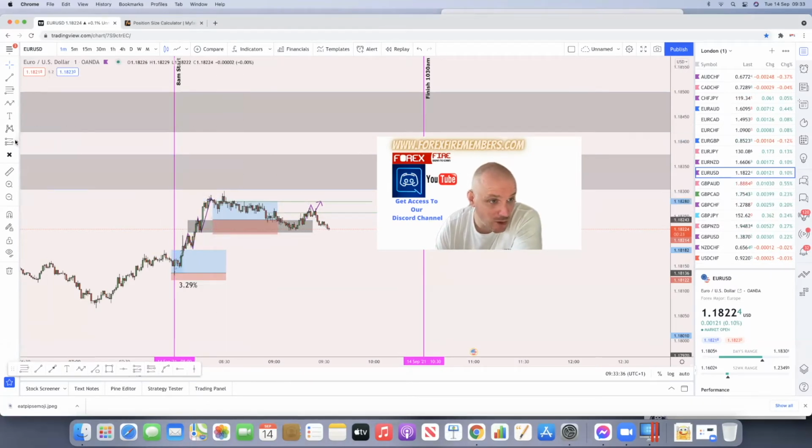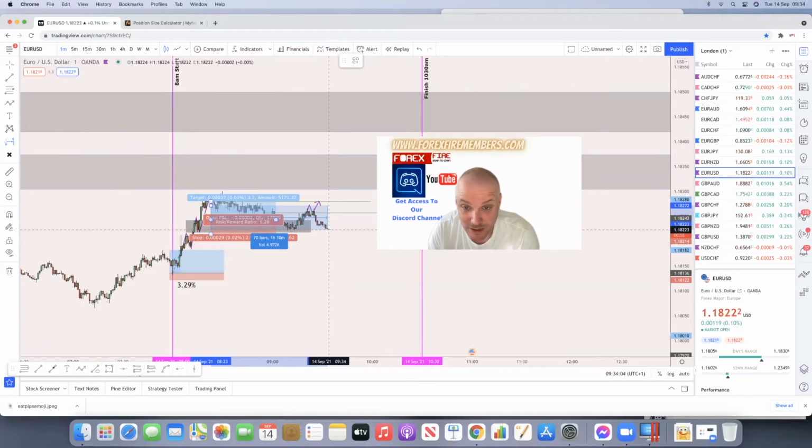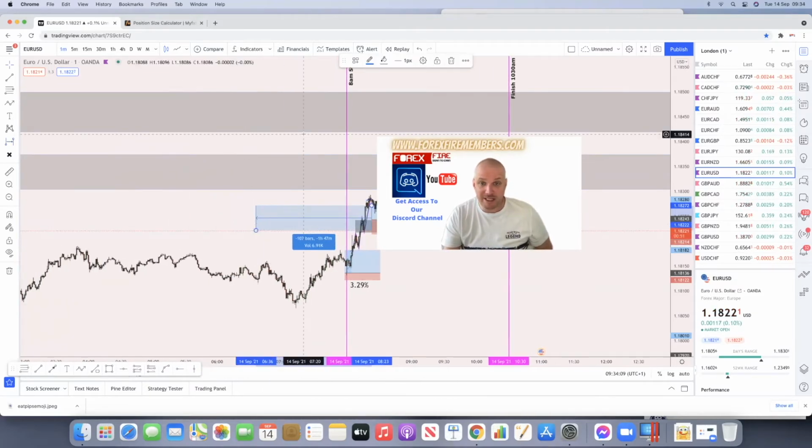And if I was to go on here, which is the long position, short position, date range, and just do it from this candle to where this candle is right now, okay, we've got 70 candles, where it says 70 bars. We've had an hour and 10 minutes of consolidated phase. That is within a 1 minute candle. Okay, just let that sink in for a moment. That's within a 1 minute candle.